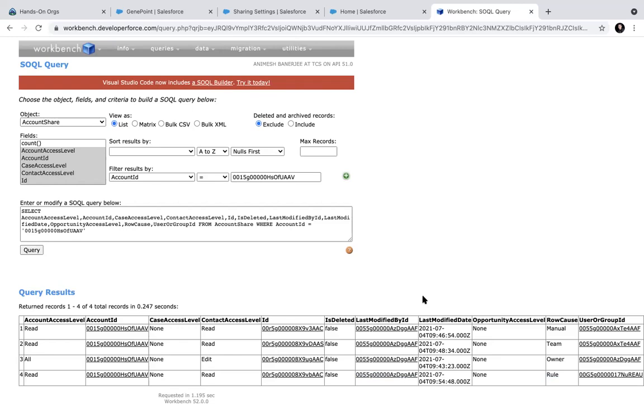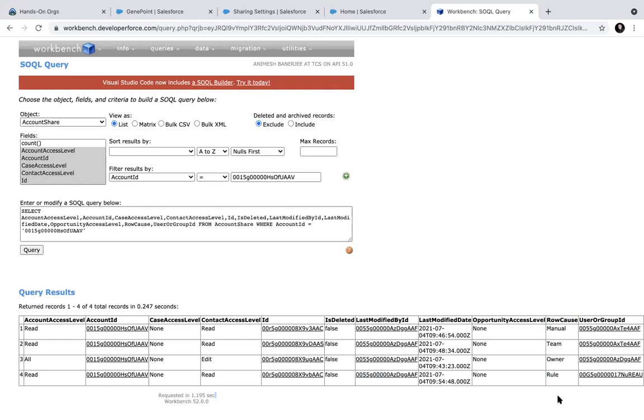That is important. If you are now using Apex managed sharing, that is a little difficult to configure here. It will take time. I will share a link to do that. If you do Apex managed sharing also, then that will come in this table. And you can create your own row cause. For Apex managed sharing, you have to create your own row cause.